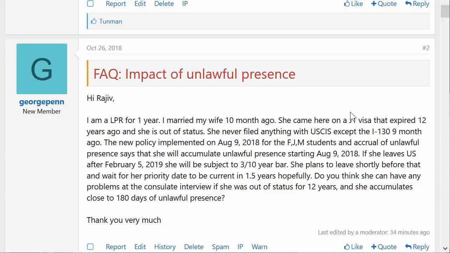Now, I've covered this issue before. If you go to our frequently asked questions on immigration.com, I have spent a good 10 minutes describing the difference between being in status, being out of status, being in unlawful presence, and being in authorized period of stay. Each one of these four has a different connotation. I'm going to cover only unlawful presence because those are the first two questions which I marked